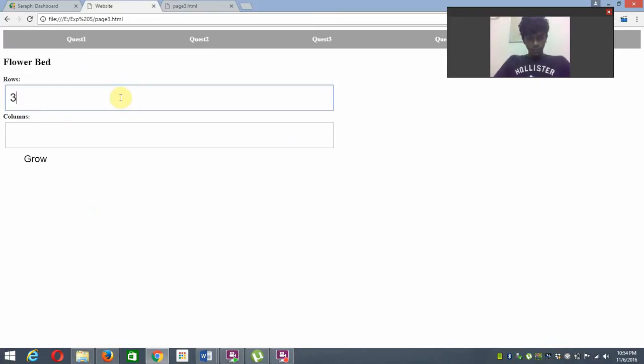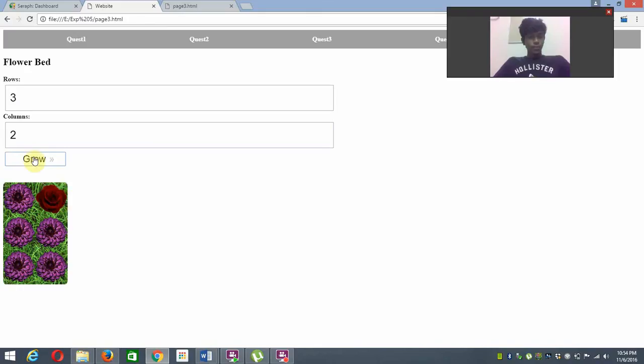Let me show that: 3, 2. So there's a flower bed with 3 rows and 2 columns. This is how the page goes. The next page